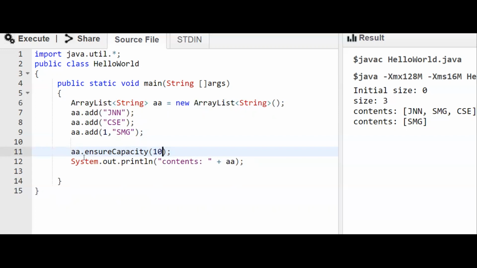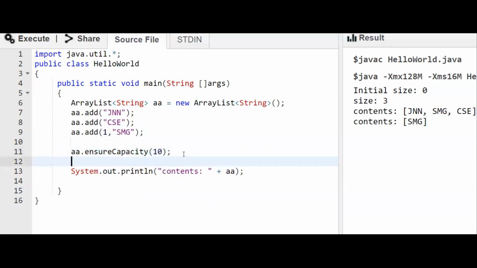Now the array list will have a capacity of 10 objects. So till we reach 10, the memory will not get altered. Which means in the beginning itself, 10 memory locations will be allocated for this array list, so that reallocations, which are costly, can be avoided. When we say costly, it is the time it takes to reallocate the memory.